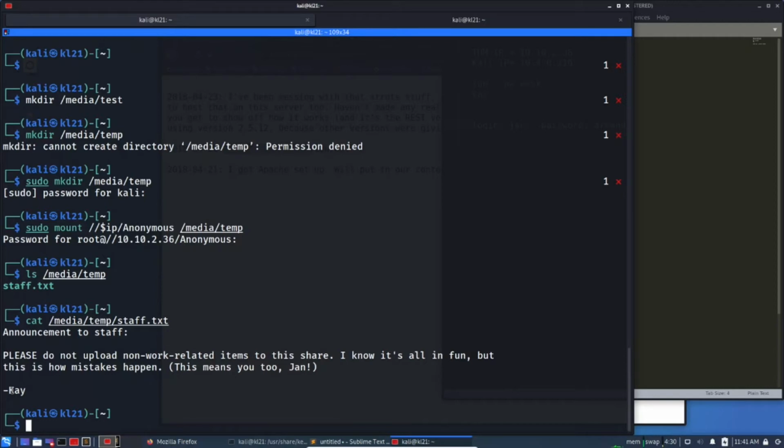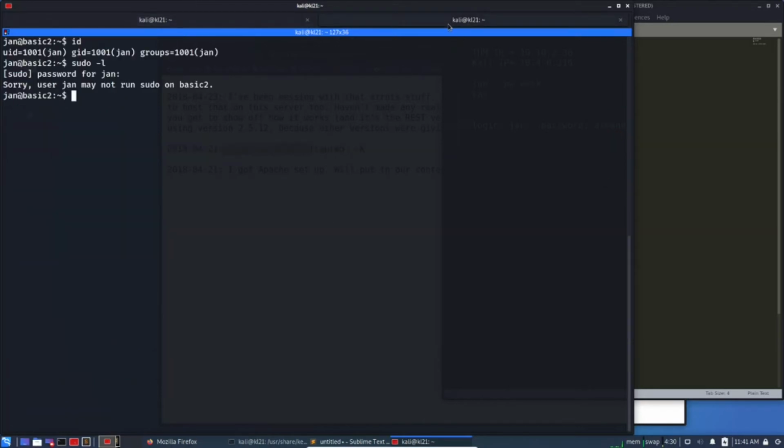So this was another way to find out the usernames, just by browsing the anonymous share, in case we don't use enum for Linux. Okay, let's go back to the server privilege escalation thing, and we have seen that there is no